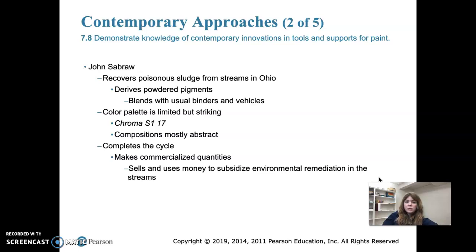He recovers poisonous sludge from streams in Ohio, and then he creates his own pigments from the poisonous sludge out of the streams, and then he creates his own binders and vehicles, and he makes his own paint. Then he creates these really interesting pieces with interesting color palettes because he's made the paint himself from poisoned streams. And the compositions are mostly abstract. And he wants to create commercial quantities eventually from the poisonous streams to try and actually clean the streams up in Ohio, because Ohio has a lot of